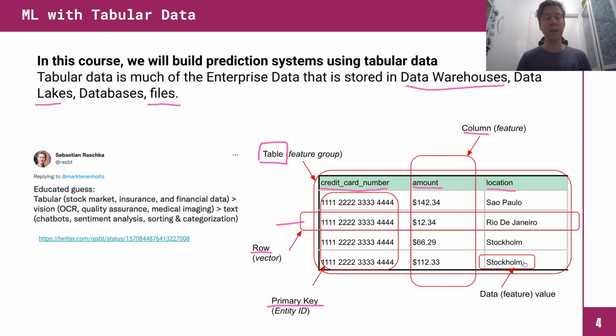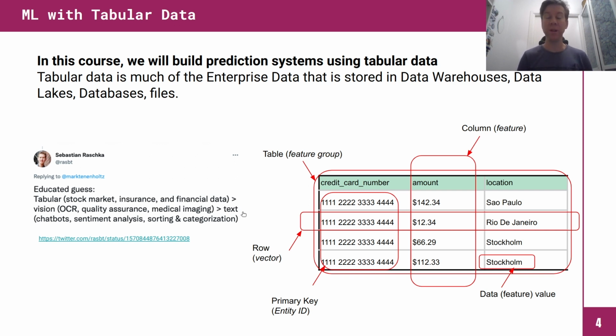For your curiosity, Sebastian Raschka, a well-known author in machine learning and Python, has an educated guess that the market for machine learning with tabular data, which is much of the data in the enterprise, is probably larger than the market for machine learning doing self-driving cars, medical imaging, and video analysis, which in turn is probably larger than the market for natural language processing. So things like translation and so on. So tabular data is very important, and it's widely used within the enterprise, and lots of prediction services are being